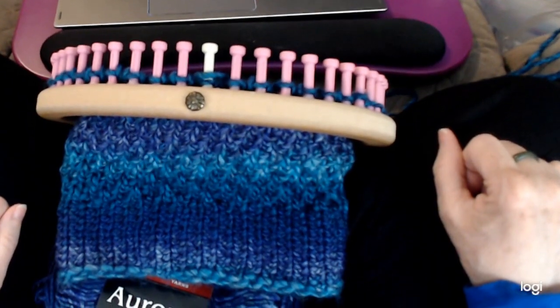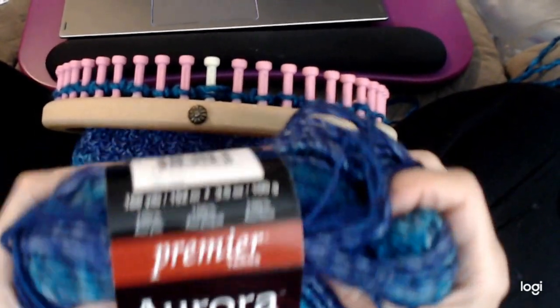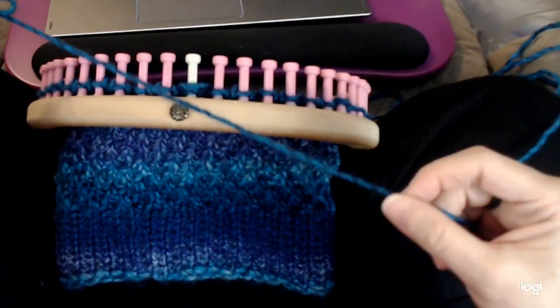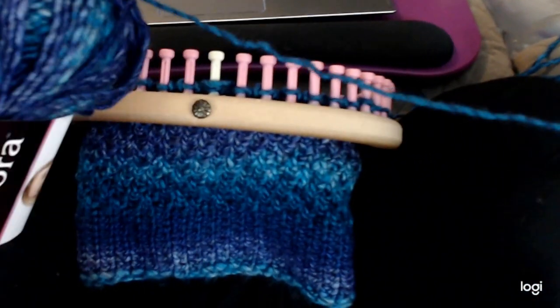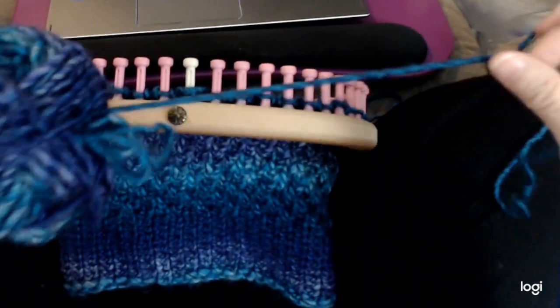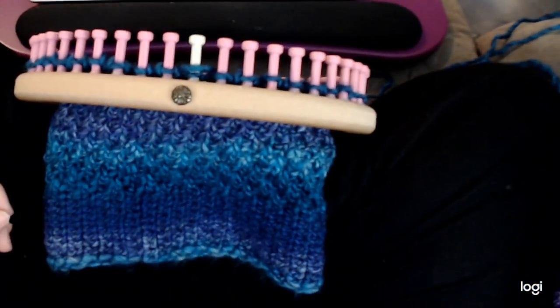The yarn I'm using is Premier Aura. And it says it's a number 4 yarn, but this yarn is as thick as a lot of 5s I use. So it's coming out nice and bulky on the 5/8 inch loom. But that's it. It's just this color, the Premier Aura too, because I got it in another color and it was a number 4. So there you go. But it's a pretty shade of blues and purples and everything like that. So that's the yarn I'm using, and I have the